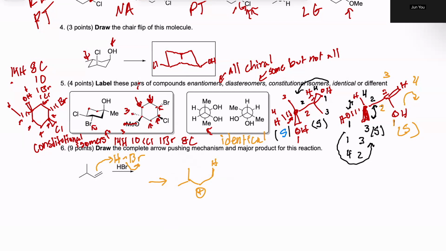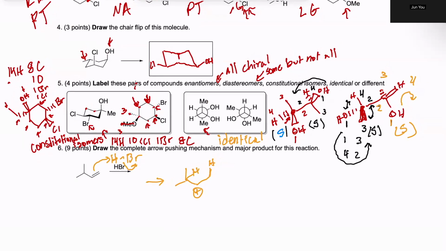And we know that when it's just HBr, the H is going to go on the less substituted side, and the Br will likely go on the more substituted side. There's an important thing to note when you're at this carbocation is that rearrangement is possible. This is something you should always look for when there is a carbocation. So we can do this rearrangement here, and we get this. And then from there, we still have this bromine with a negative charge. We can do a nucleophilic attack, and that gives us